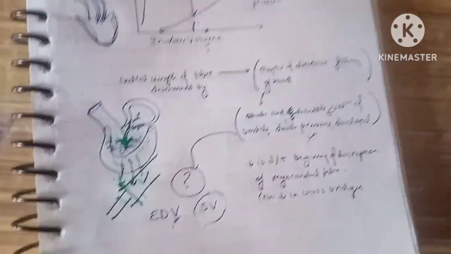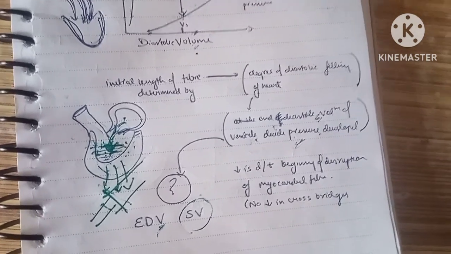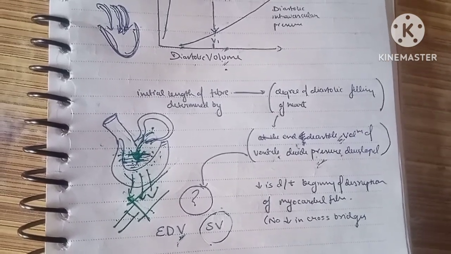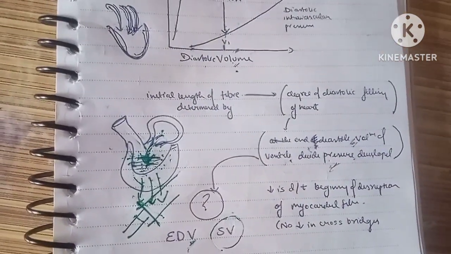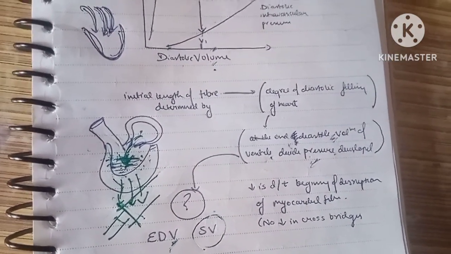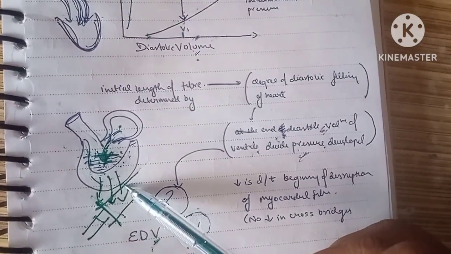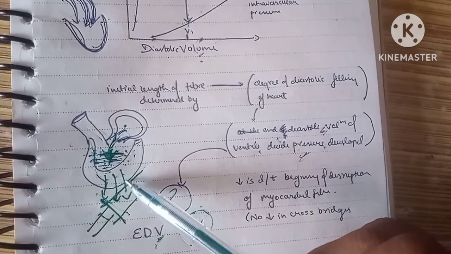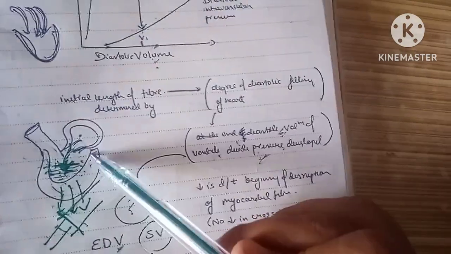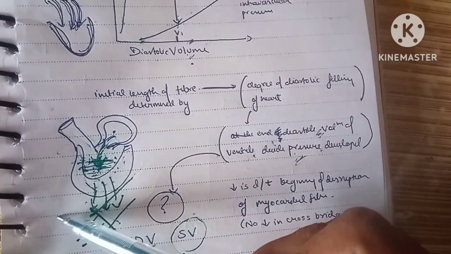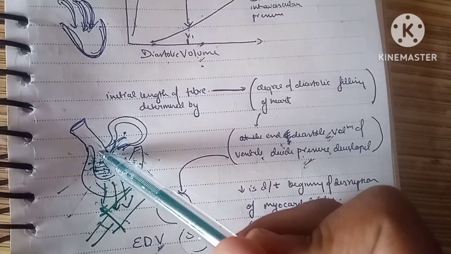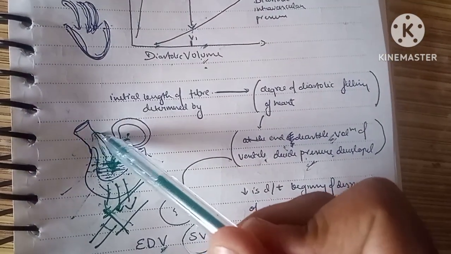In simple language, Frank Starling law states that for a skeletal muscle, with increase in the stretch we are going to have more contraction until we have an optimum. This word is important: until there is an optimum stretch or optimum tension being created. Similarly, in case of myocardial fiber, until there is an optimum stretch, there is going to be maximum force generated. So with increase in the end diastolic volume, we will have increased pressure that the ventricle is going to generate, and this increased pressure is going to manifest in the form of increased stroke volume.